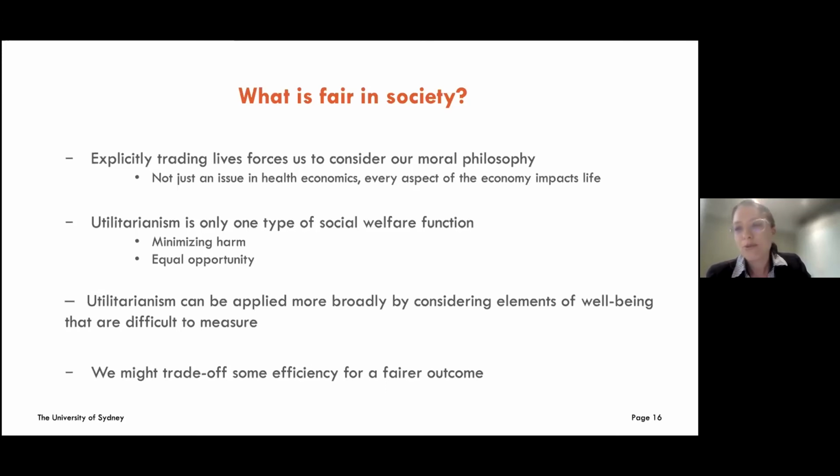So let's say, for example, that we're deciding whether or not to bring in something like the minimum wage. The minimum wage is going to basically take some of the profits of the firm, which go to the owners of the firm, who are other people, and give it to the workers. And the consequence of this is that some workers will get more income to take home, which will improve their health. And perhaps, debatably, some workers may lose their income altogether because they'll lose their job. And then the owners of the firm will also have less income, but presumably they're also better off in the first place.